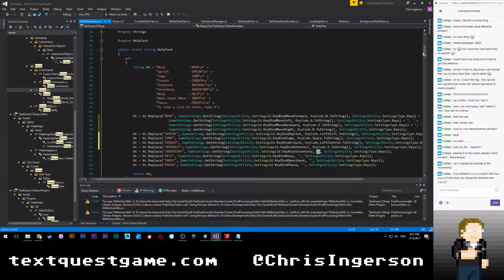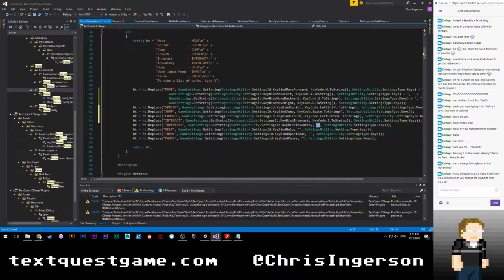Wow, I also just realized that this is horrendously inefficient, because this is a giant string that's constantly getting replaced. Jeez. If you default to WASD, would it still show WASD if and when you change the keybinds from WASD? Yeah, so that's what this little check is. It's supposed to get whatever the key bindings are.